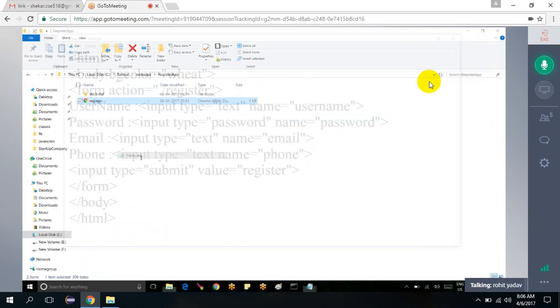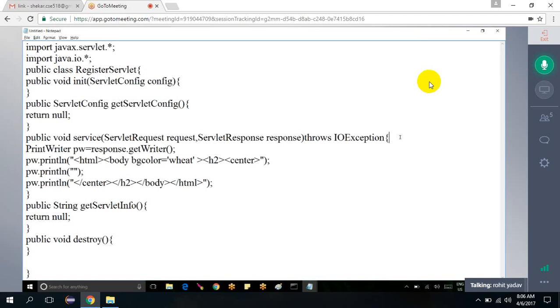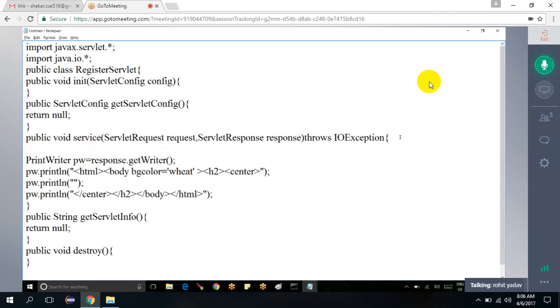So how to retrieve the values from a text box to the servlet or a JSP? We use a particular method like username equals request dot getParameter, right? What's that getParameter? You can say here directly